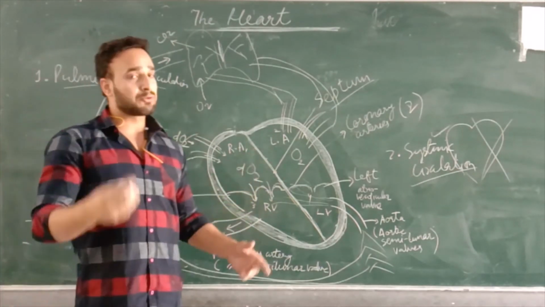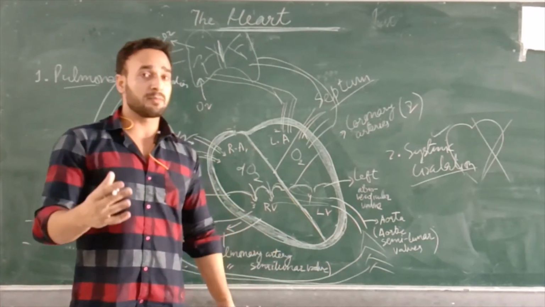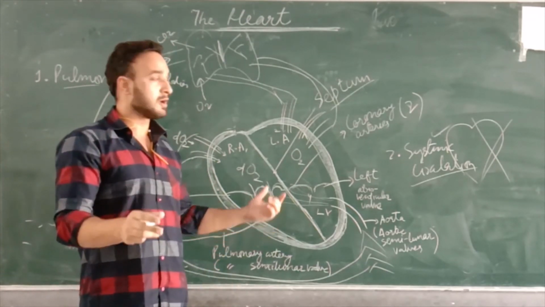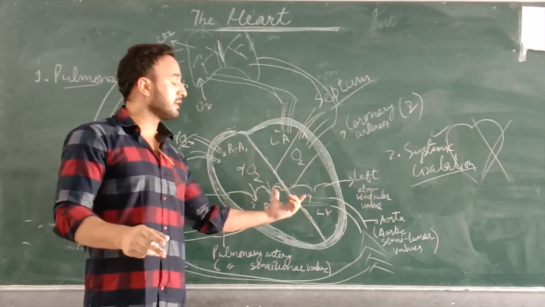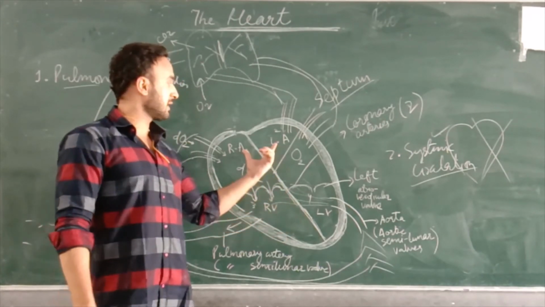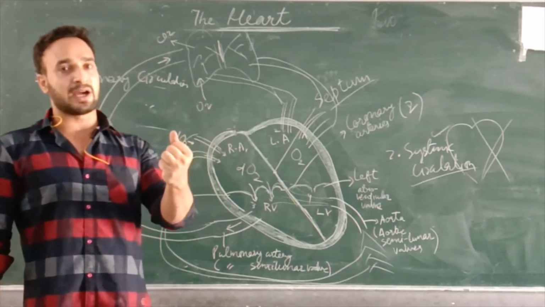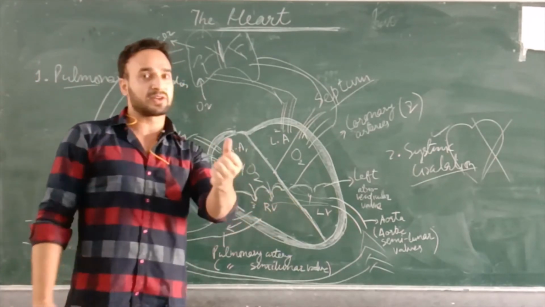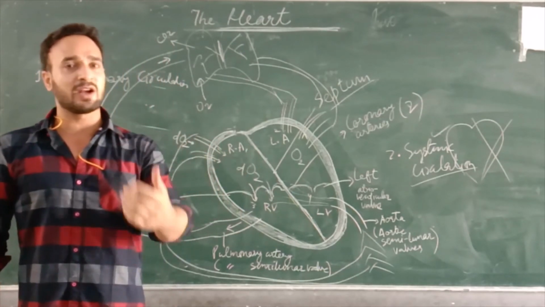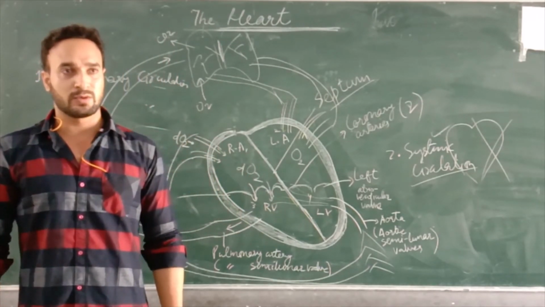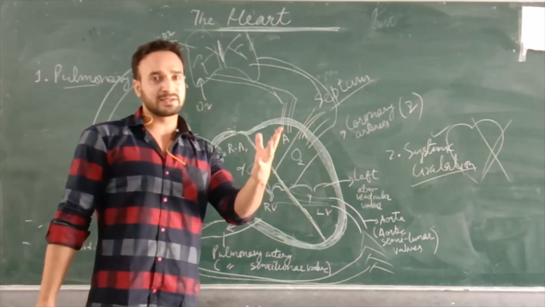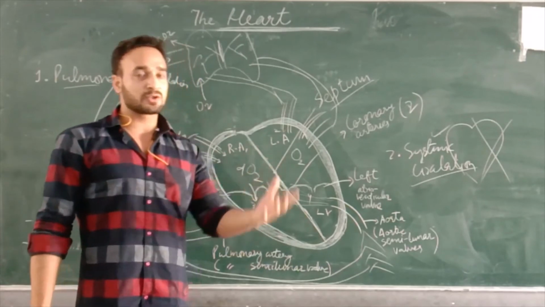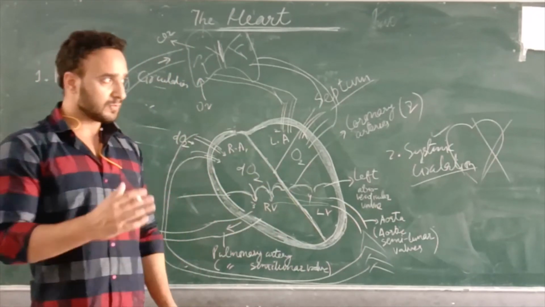Okay, so we have two kinds of systole. Systole means contraction. We have auricular systole and ventricular systole. When both the auricles contract at the same time, that is auricular systole, and when both the ventricles contract at the same time, that's called the ventricular systole. And when the auricles relax, that is called diastole, and when both the ventricles relax, it's also called the diastole.